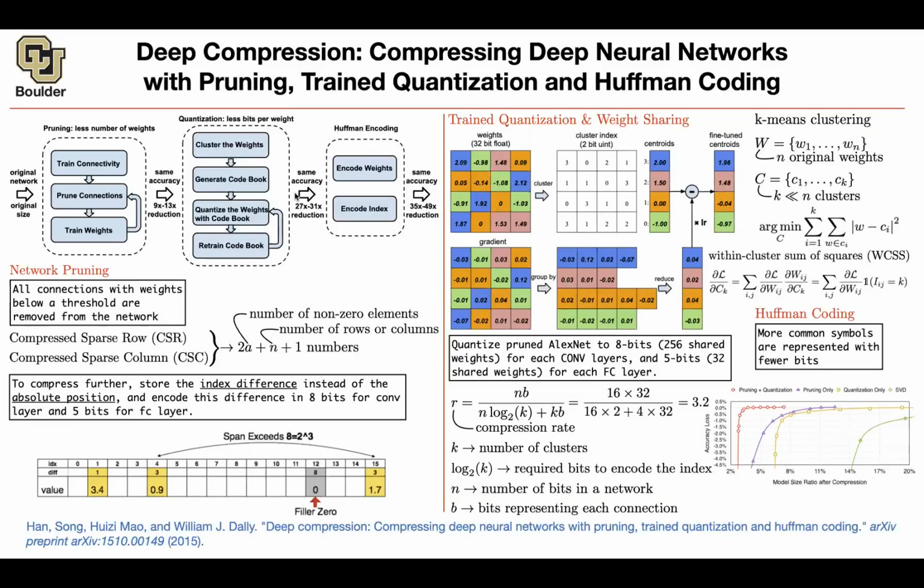Exactly. Those curves are going to depend on data sets. Exactly, you're right. But one key observation here is that not only are you doing quantization and pruning and Huffman encoding, but at the same time you are retraining your network. We shouldn't miss that part of the paper, which is nice. Yeah, that's definitely not on these slides. Would that then mess up all of the quantization that you've done? Because when you retrain, you're going to shuffle things around and they're no longer going to be discretized the way you've done it. So once you prune it, you retrain slightly, and yes, your weights are going to be different